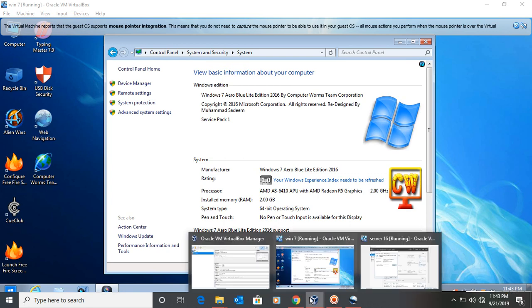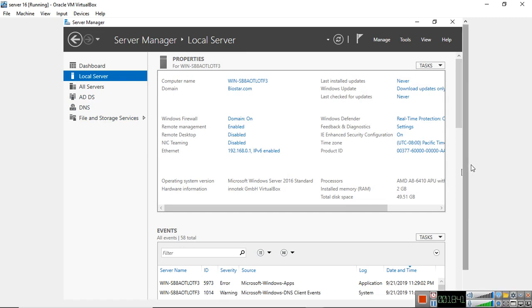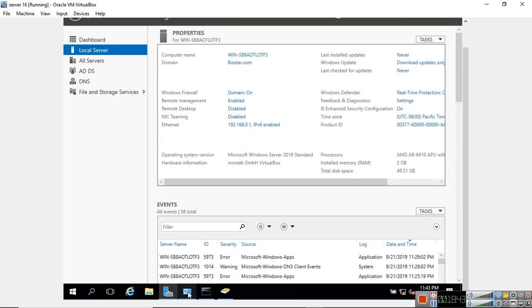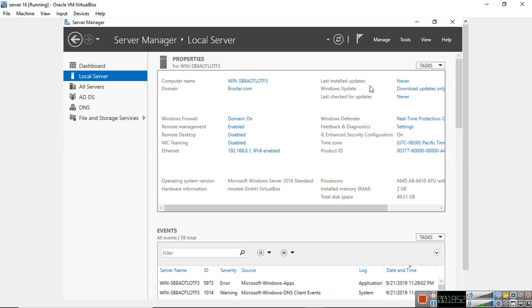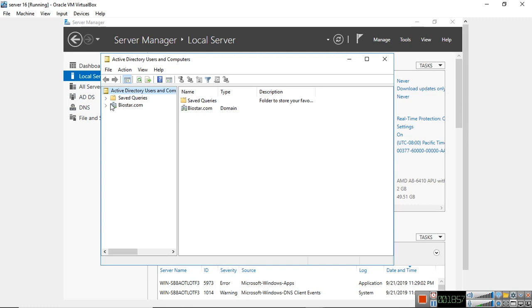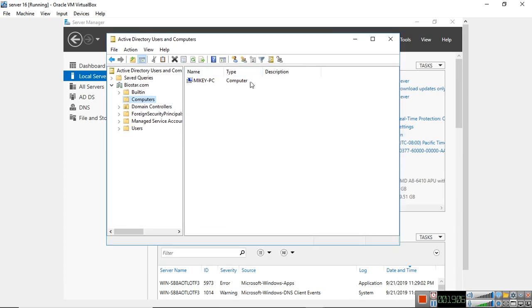And in your server, you can go over to your Windows server quick, and let's go back into tools, Active Directory, users and computers, and click down on your domain, go into computers, and you shall see your computer right where it's supposed to be, right here. So that is how you add a Windows 7 to your Windows Server 2016